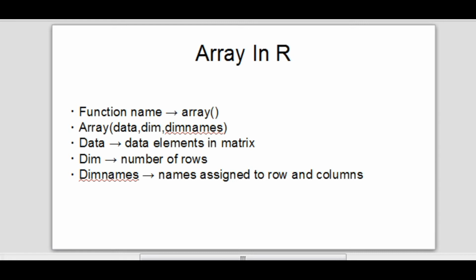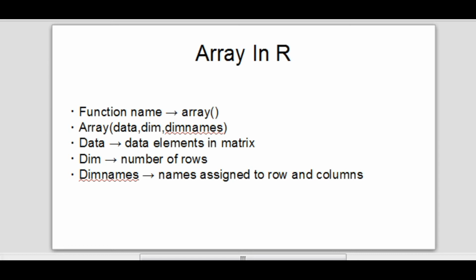Sometimes we need 3 or more dimensions to express data. So in this case, we can use an array to hold the information. An array can contain multiple dimensions of data to express complex relationships. As you can see on the screen, to declare an array and work on an array, there is a function known as array and then brackets.